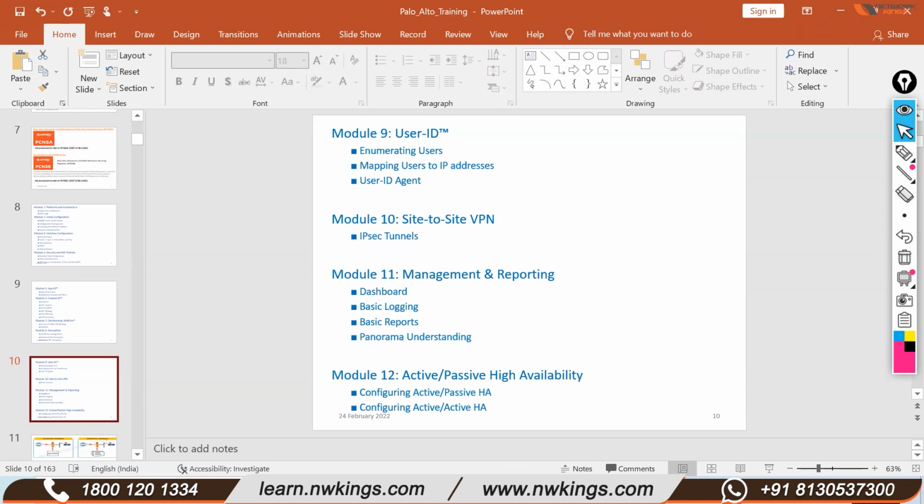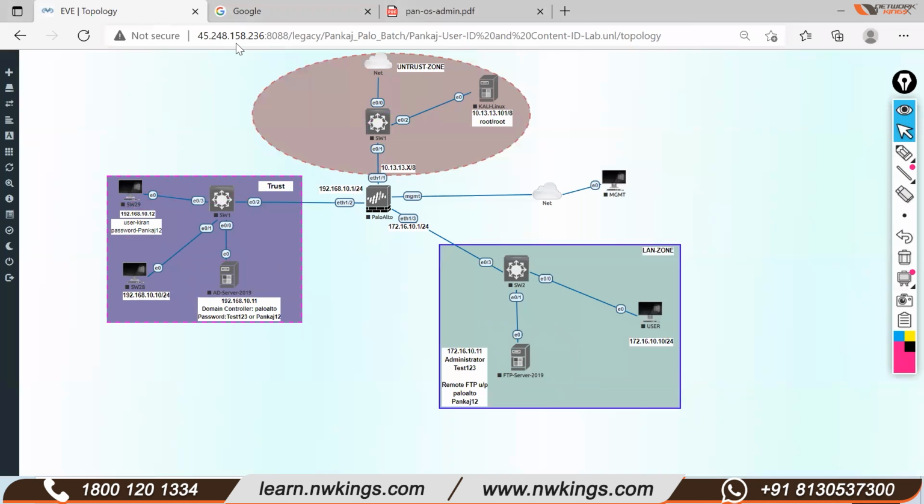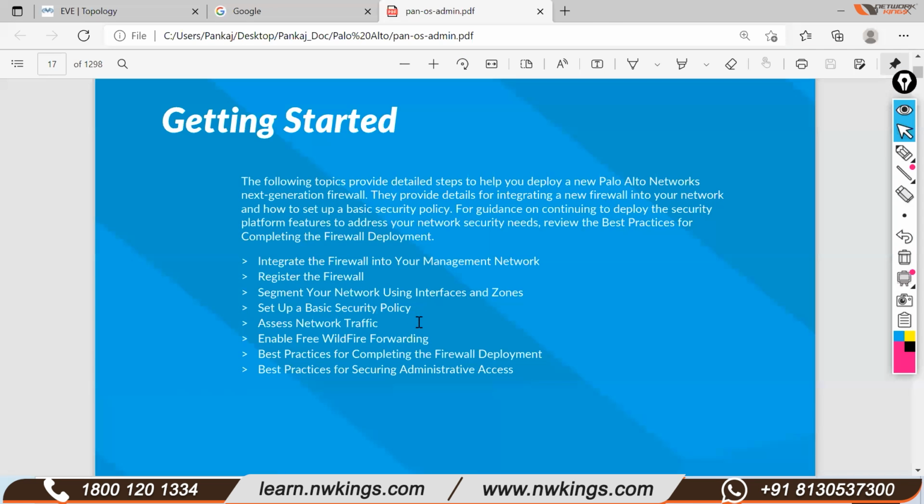So if you want the session, you can read from here and take it as a reference. Okay, so that is also going to be covered. There is no problem. And apart from that, we'll understand the basic reporting, the dashboard, logging, and basic reports,